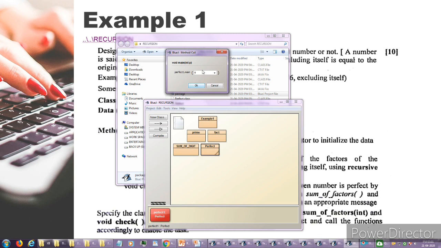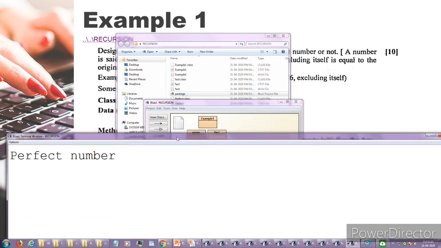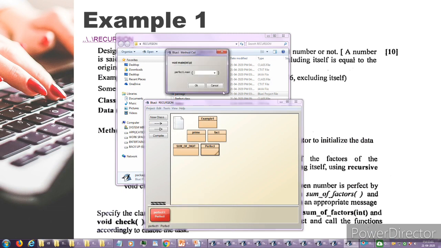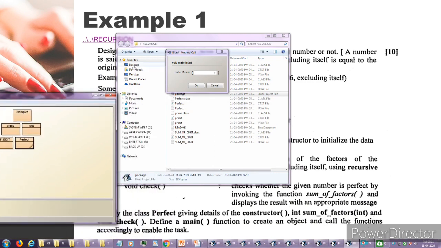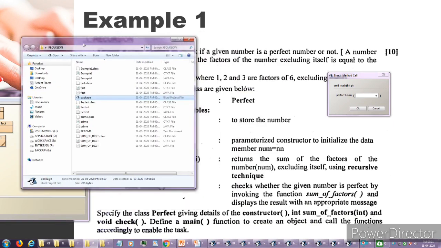mind you, in the main function we are creating the object, so if I give 6 there, the parameterized constructor is there, and the value is directly assigned to this parameterized constructor. That means, if you recall, this num became 6 now, and see, it's a perfect number. When I call this main method also, it asks for a value, so this is the input, and if you have a look at this question as well,